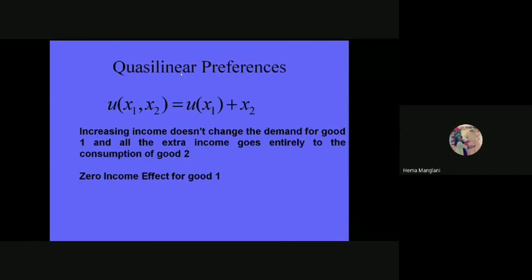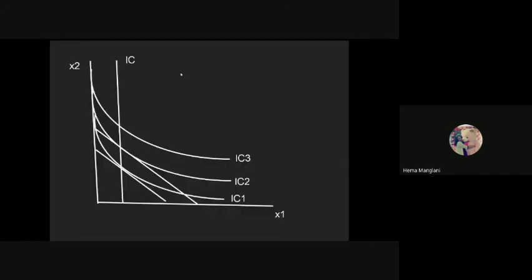Okay, but we will not go into detail right now on the quasi-linear preferences. Just for the characteristics, you should know the basics: quasi-linear preferences talk about a partially linear or partially non-linear utility function, and you would see zero income effect on good one, but on good two you would see the income effects accordingly. And there are some properties of the MRS also, we'll discuss when we go into details.